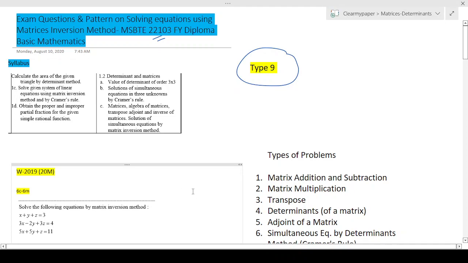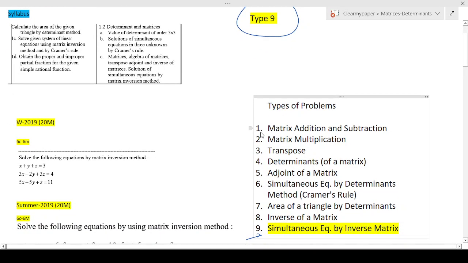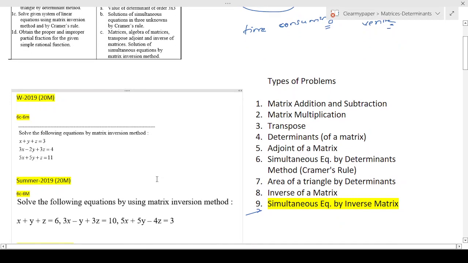If you look at the paper, at least before the pandemic, I'm not sure how they're going to structure it for MCQ because these problems are very time consuming. They're easy to solve, but lengthy in the traditional paper, but the answers can be verified. That's a good thing. You can always make sure the answer is right. But in MCQ, since each question is for only 1 mark, at least during the COVID period, I don't think they'll ask you to solve this for 1 mark within a 1 hour time duration.